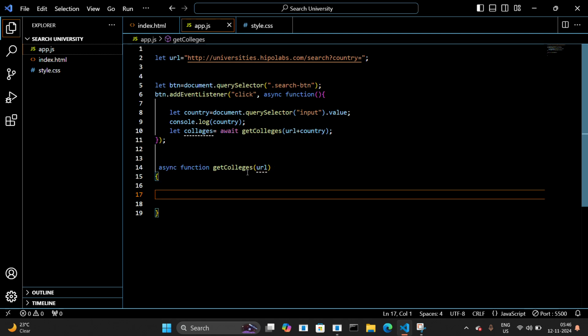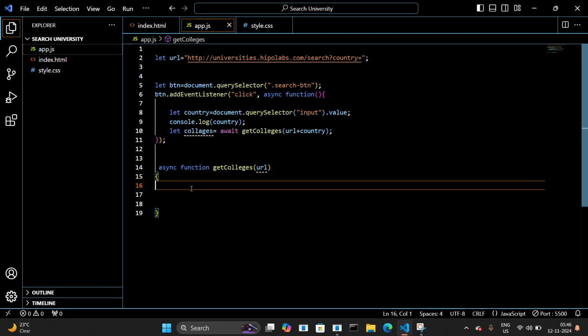We also need to make this function asynchronous because this is the main function. In this get college function we have to call the endpoint which gives all the information about the college, so we need to wait. So we need to make this function asynchronous. After that, one more point to be careful about: search